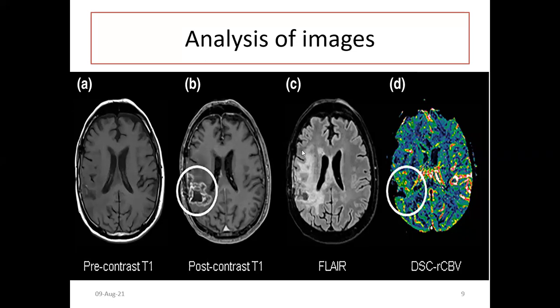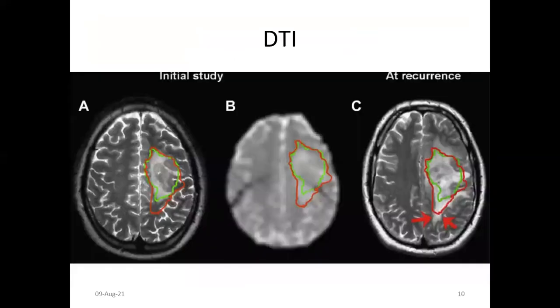And in the T2, you can see the various T2 FLAIR abnormality, and in the perfusion you can see the hyperperfused area also in that area. So you can see the T2 area is more, and you can see the more enhancing part in the T1 contrast. If you have a diffusion tensor imaging facility, you can see the white matter tracts and disease infiltration in the white matter tracts also.